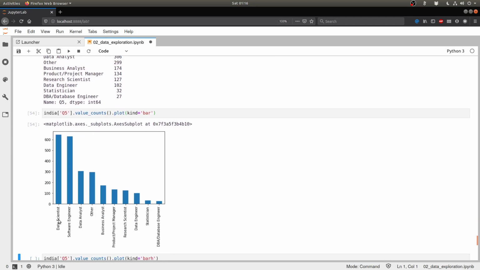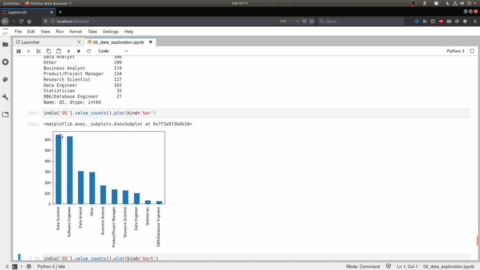Basically, it tells me that there are about 600 odd data scientists and software engineers, but it's really weird that the top two most frequently occurring designations are data scientists and software engineers, and the third most frequent designation is almost half of the first two, which is weird. Usually you'll see some sort of a smooth curve over here, but this is interesting. That's kind of an anomaly.